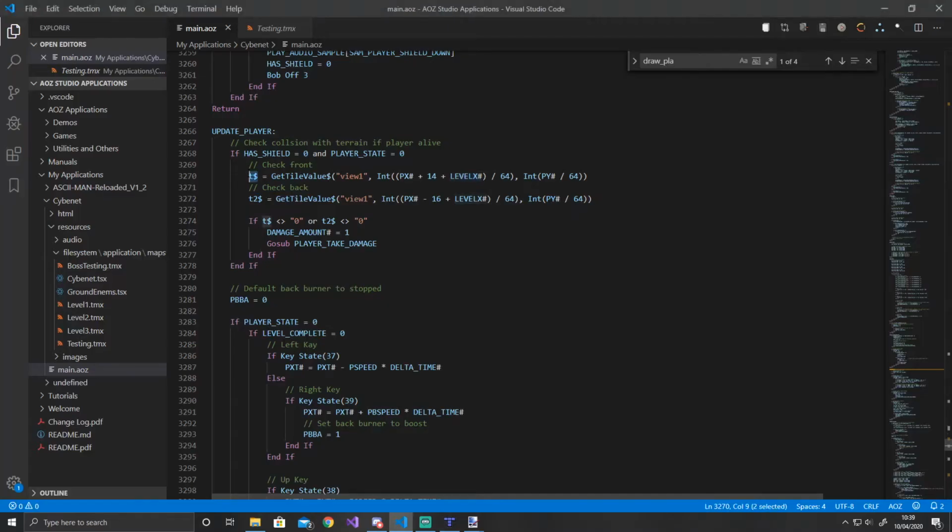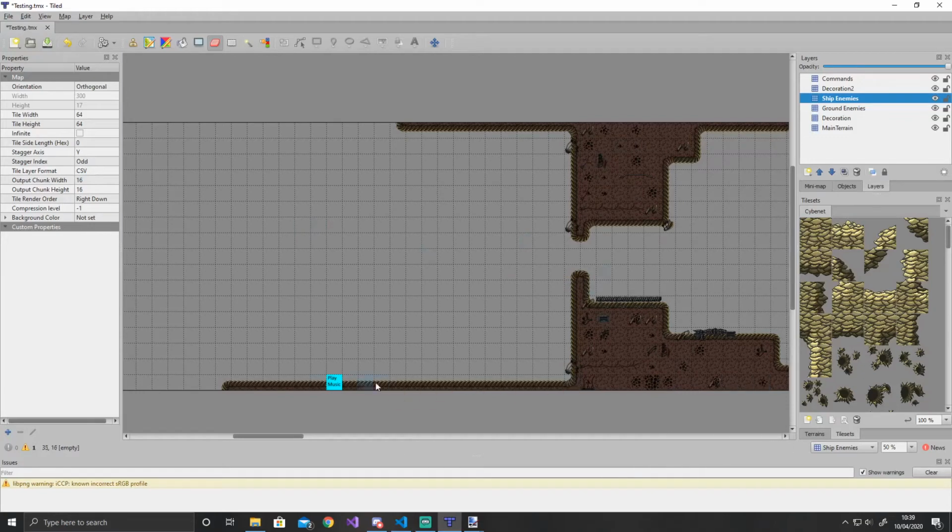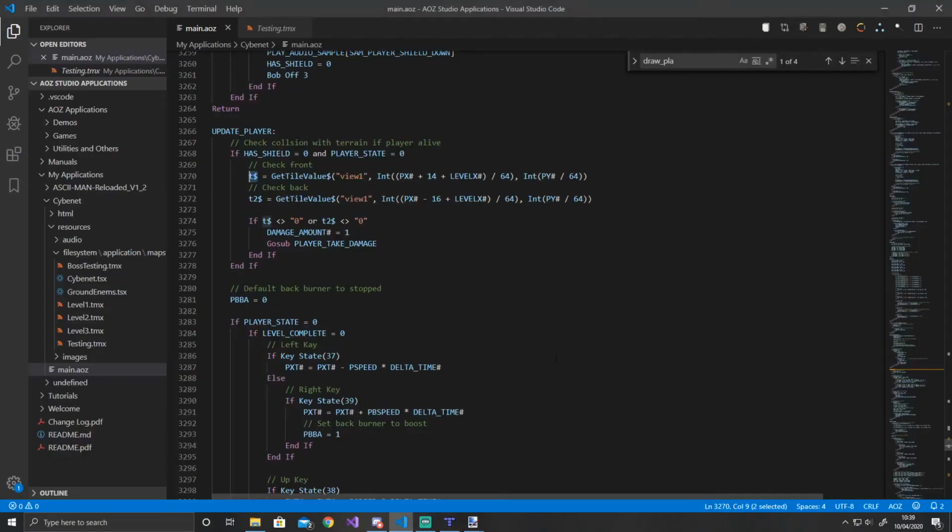And then obviously the tile ID that comes out would either be 0 or it'd be one of these other values that's assigned to these other tiles. And so checking the front, checking the back, grabbing those 2 cell values out of the map, and if they're not zeros, which are what these are, I'm setting the damage amount to 1. So that's, as I said earlier, the amount of damage to apply to this player ship,